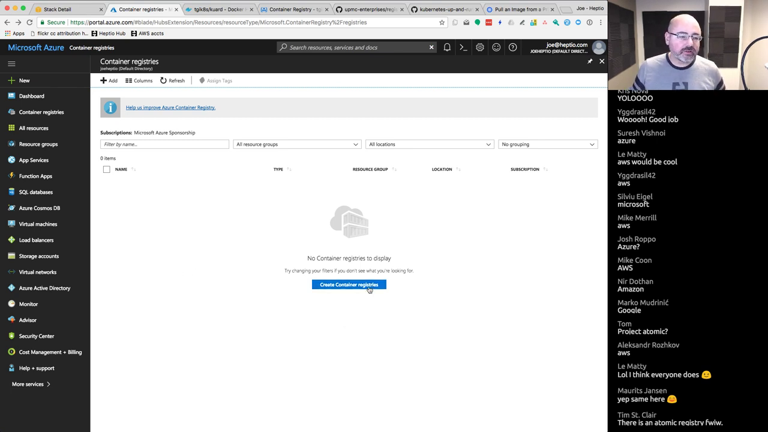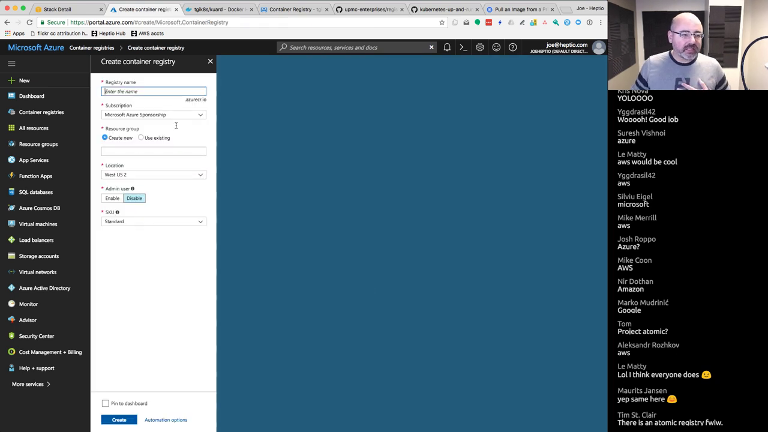But what we can do here is create container registry, and that takes us to this wizard thing. Now, the other interesting thing about the Microsoft Azure portal is that while everything else on the web scrolls vertically, everything in Azure happens horizontally. So you'll see this as we build some of this stuff out. So we're going to name this one